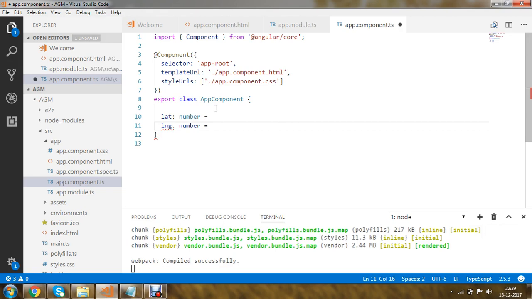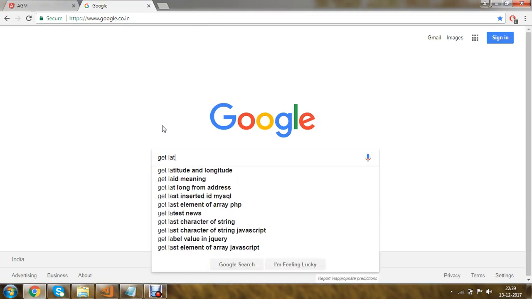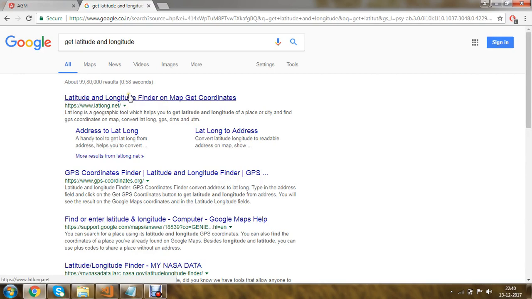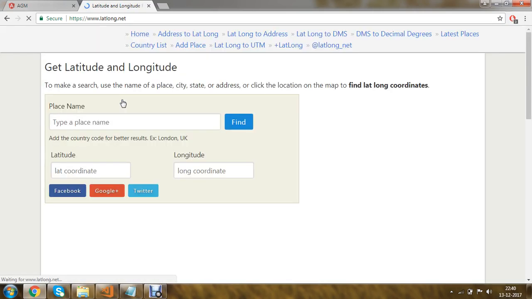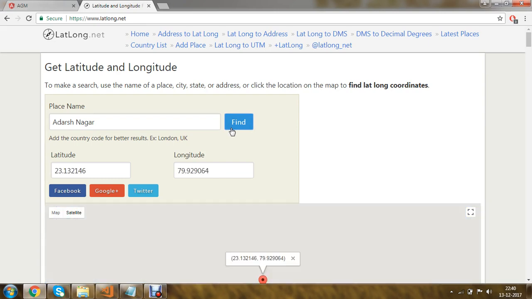Now our first step is we are going to get a latitude and a longitude. So here I'm going to use my Chrome, and within Chrome I'm going to search for get latitude and longitude. From the website latlong.net, I'm going to fetch some longitude and latitude. Let's say I'm going to type a place, Adarsh Nagar, and click on find.